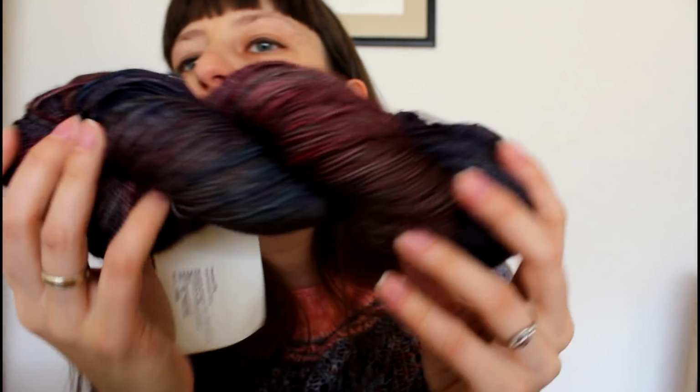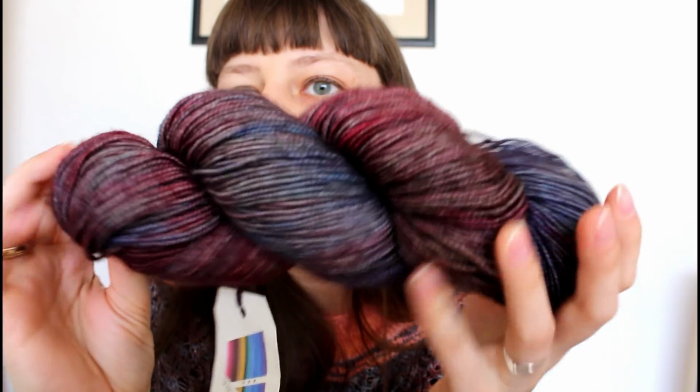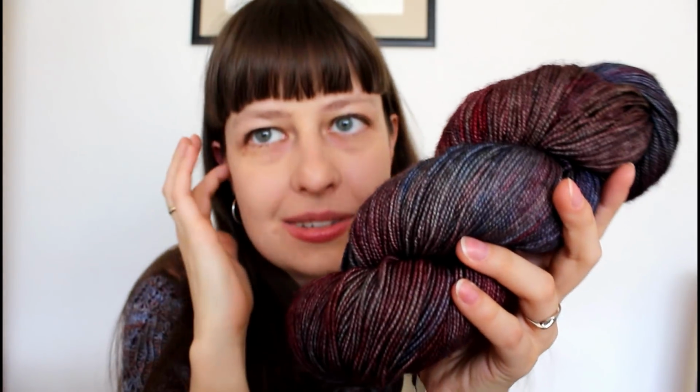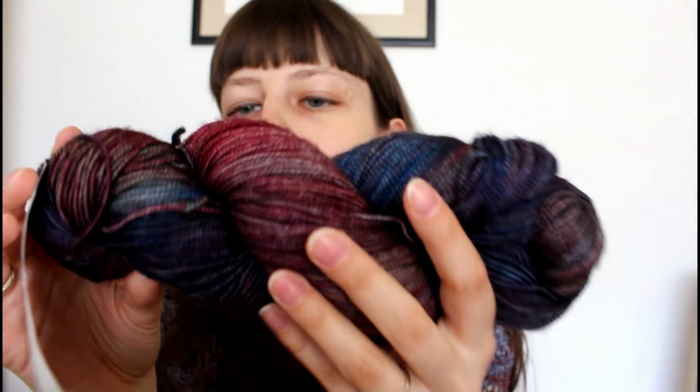Then maybe I should present the yarn that I almost lost. Because as I said before, I believe on Friday I left a bag with yarn at the festival, so it was a bit stressful, but in the end I got it back. So I bought 3 skeins of Fiber Spades, Vivacious 4-ply, and I think this year it was very much about the purples. It was just purples or mauves. So I fall very easily for purples because I love purple really a lot. I also love teal, but yeah, this year it was purples, and I bought this,